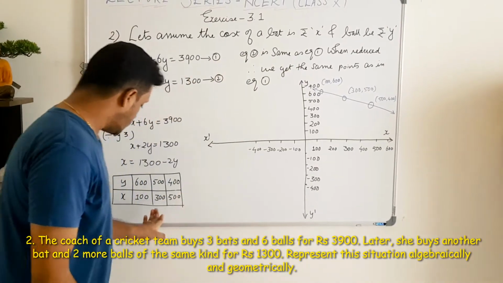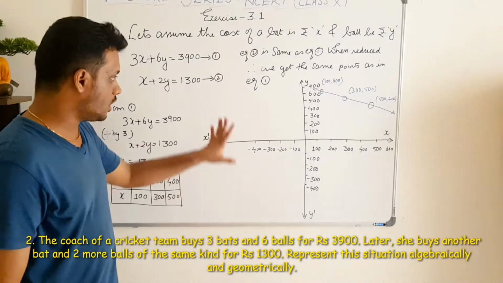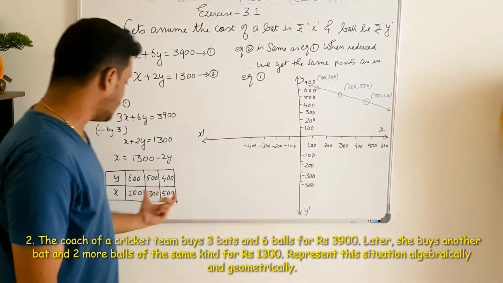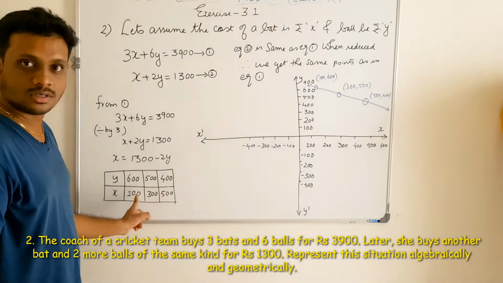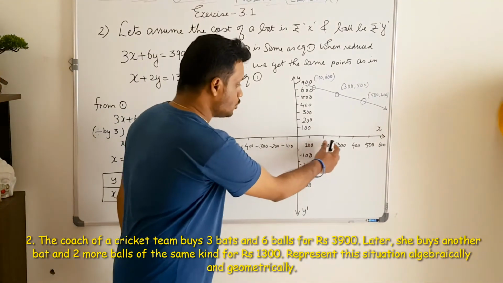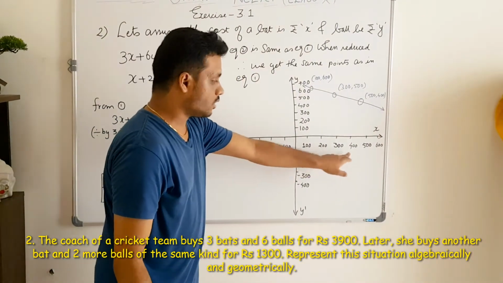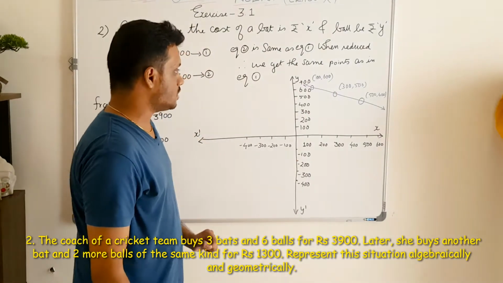So now I am trying to represent this data in the graph. So here I have taken a graph, but the scales have been enlarged because the values that we want to plot are in terms of hundreds. So I have taken each unit as hundreds. So it's 100, 200, 300 and it reduces and increases accordingly.